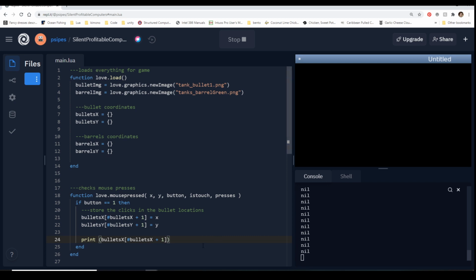What did I spell wrong? That's why we test. Because that should actually be popping things out for us. If bullet 1 equals X. Huh. Bullets.